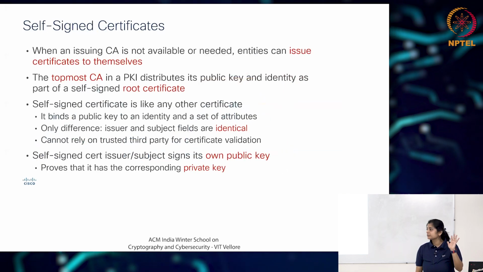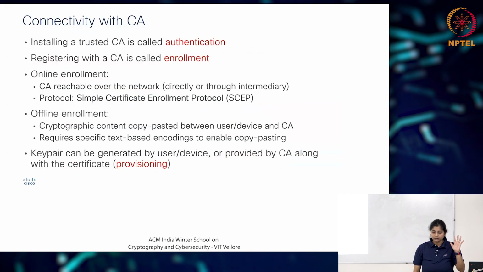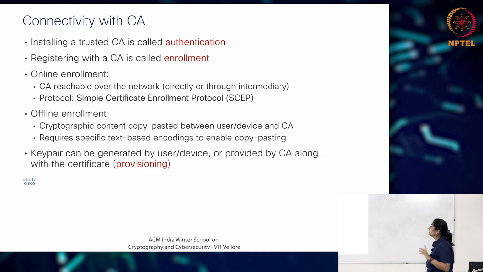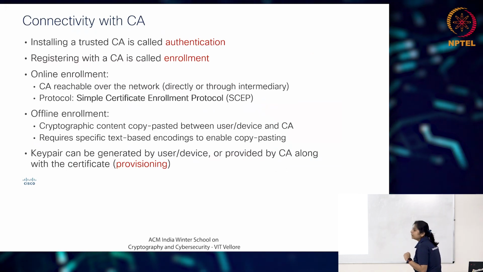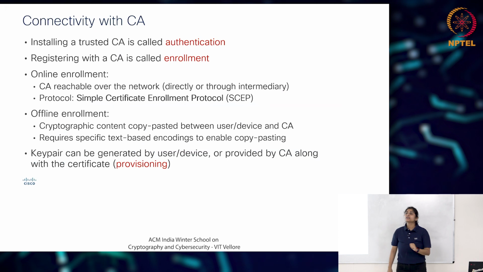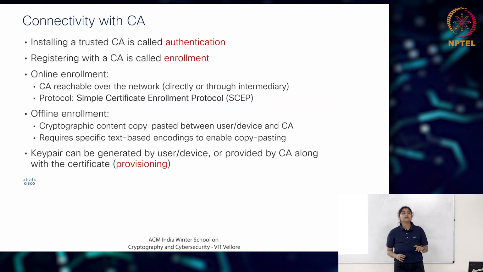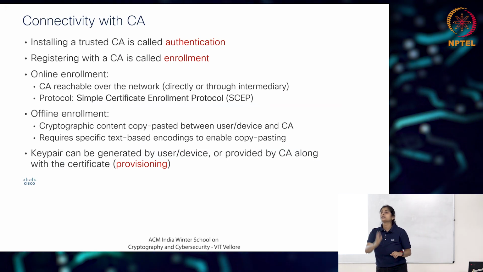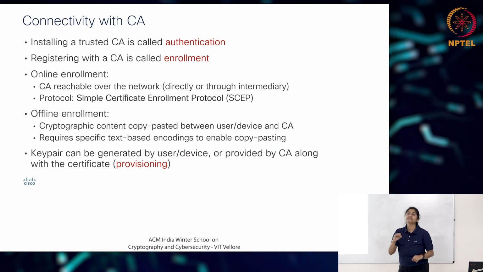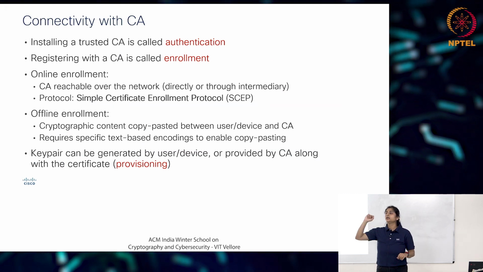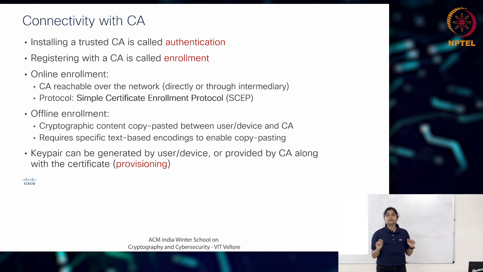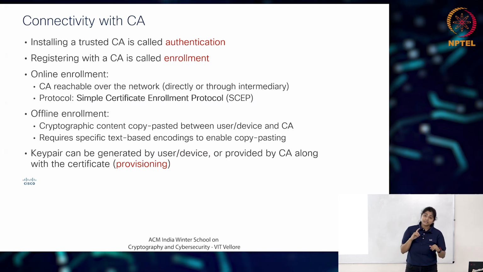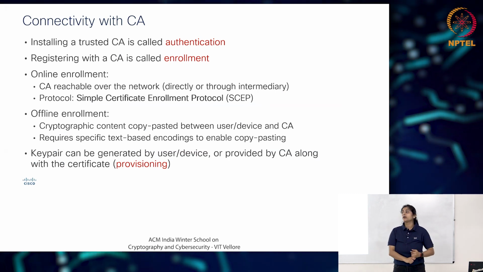So we know the self-signed certificates, right? So the first point is connecting with the CA. You authenticate yourself to a certificate authority and say, I want to request a certificate. That certificate request is called certificate signing request, CSR, okay? So first you need to establish which CA you are going to get the certificates from.